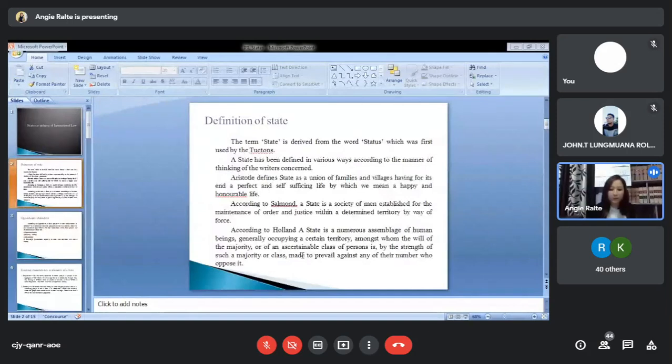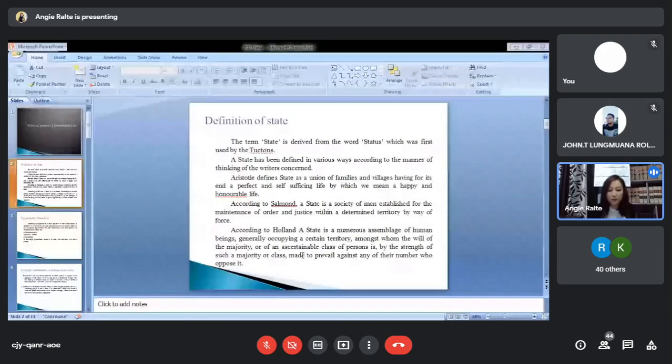So in international law, there is a society occupied by men. The place they occupy will be their territory, and the members living in that territory will be bound together by the tie of